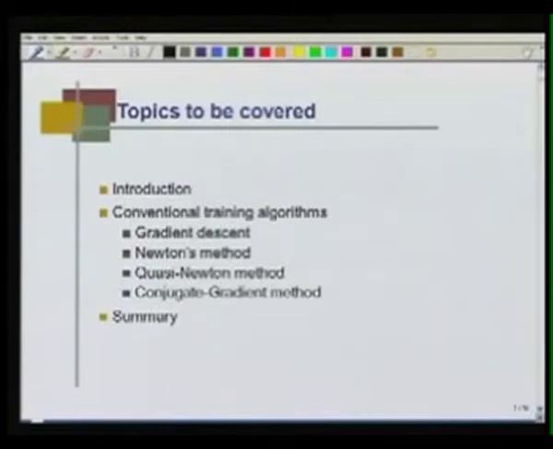These methods would be compared with our schemes that we proposed last time, that is, our personal work, the work of our group at IIT Kanpur on adaptive learning rate, and then we would summarize everything that we have